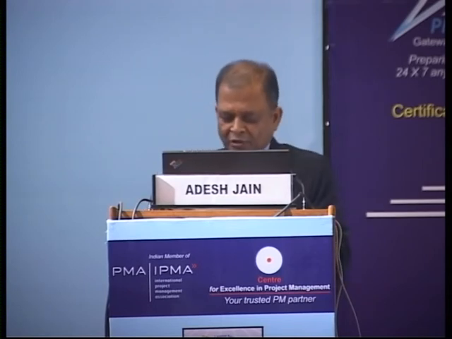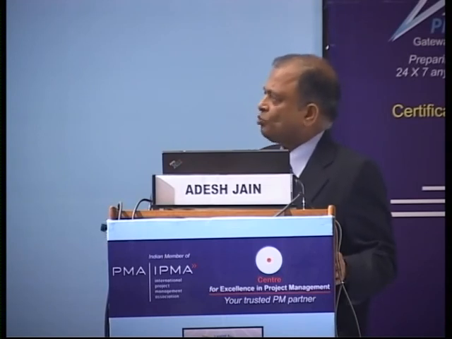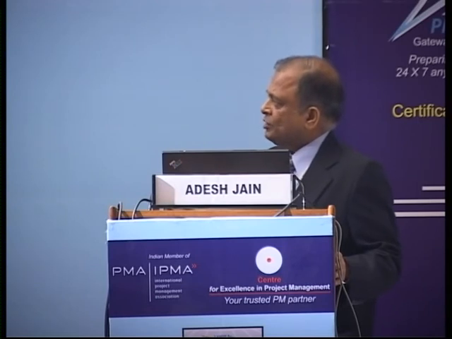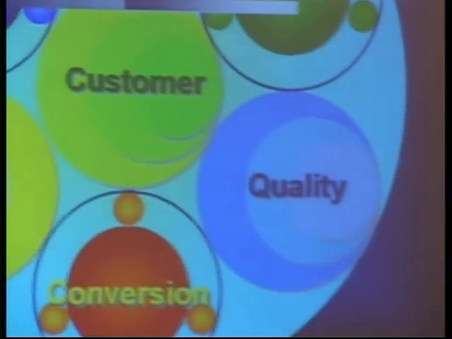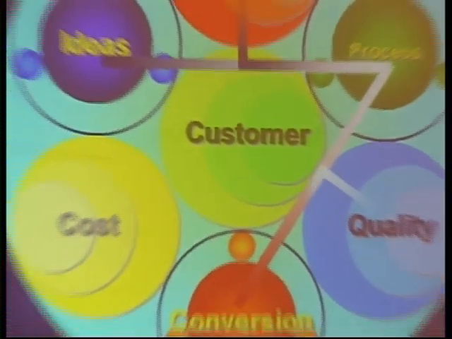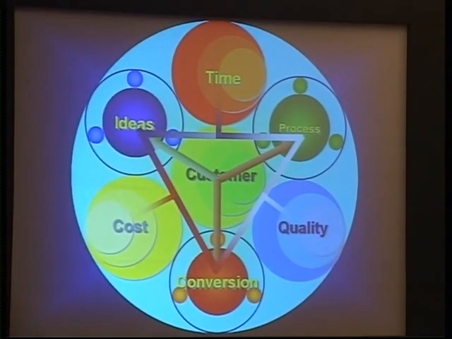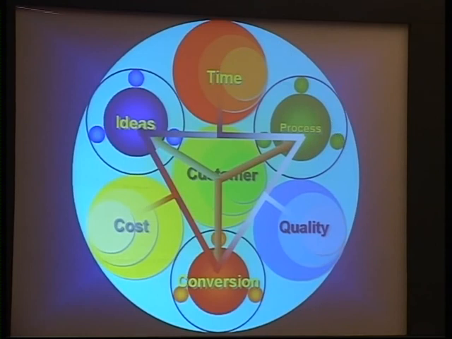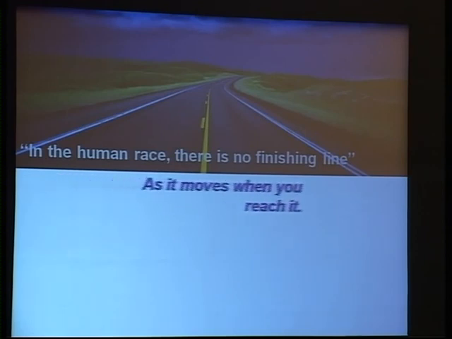And I have shown there three more things called ideas, process, conversion. And they go through changes themselves. So this you can say electrons, protons, and neutrons. And then of course we go through all these processes very effectively, quality and time cost. Customer is at the center stage of everything, of the universe. In the human race, there is no finishing line, ladies and gentlemen. We will keep on